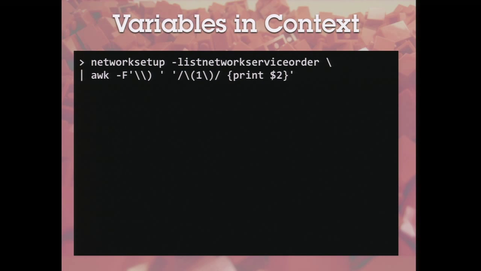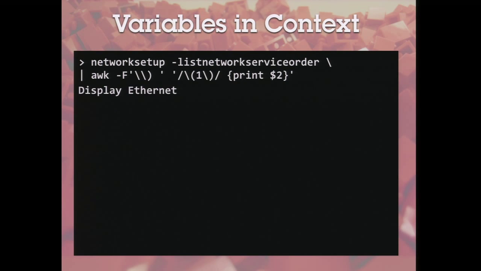So for this short script I'm writing, I want to change the primary network interface's DNS servers on a bunch of different computers. If you've ever used this command, you know you have to have the exact name of the interface for it to work. So the solution to make this one script work on a bunch of computers is to use shell expansion. Take this whole command and turn it into a variable, because that will return a different interface name depending on the computer it's running on.